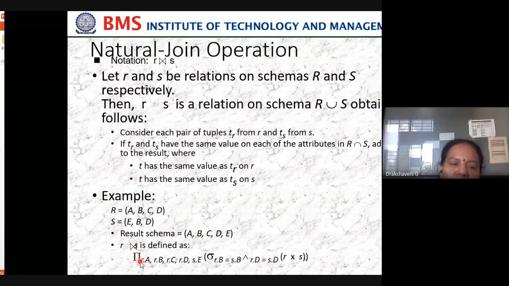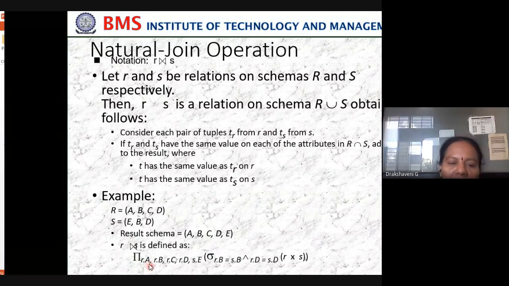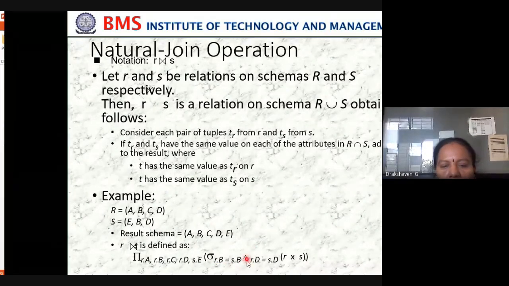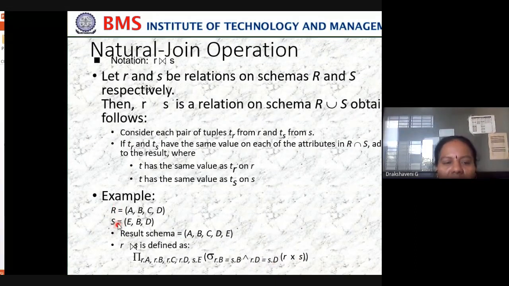With a natural join, we write R.A, R.B, R.C, R.D, then R.E. Which columns are common in these two? B is common and D is common, from the relations R and S. This is what is called a natural join.